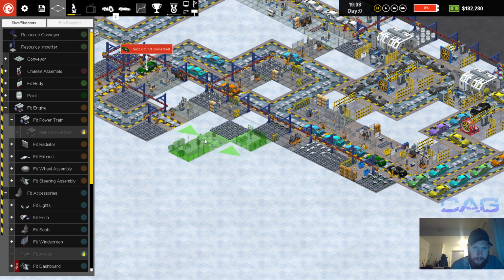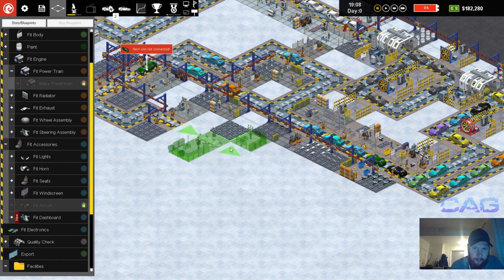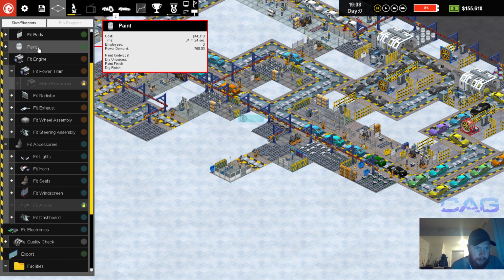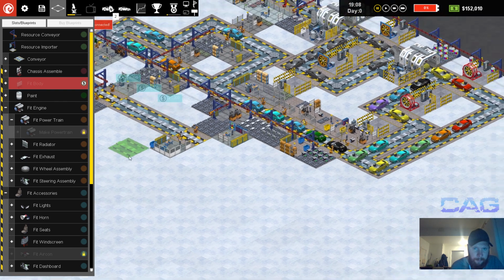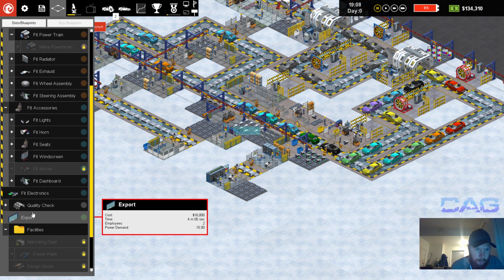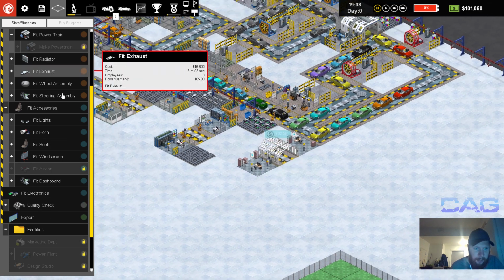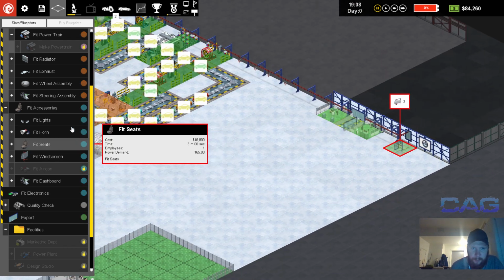Windscreen, which means dashboard is next. We're going to skip a couple because we want to leave some space for the air condition as well. We'll put it in there. That should be ample space for the air conditioning. And on to electronics. For quality check, and that's about it. Export down here as well,